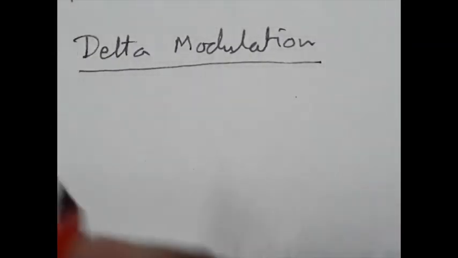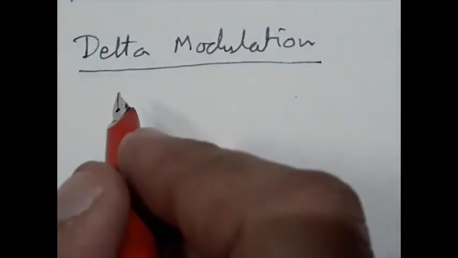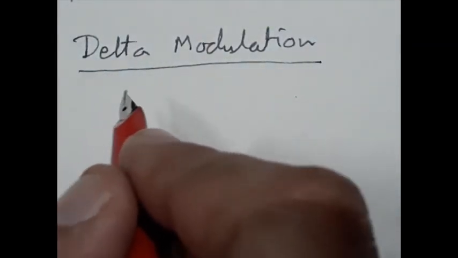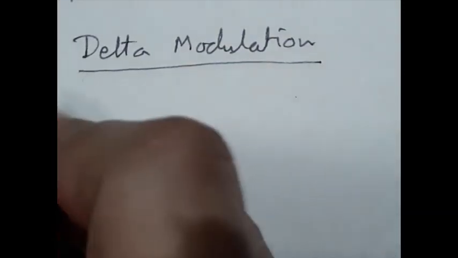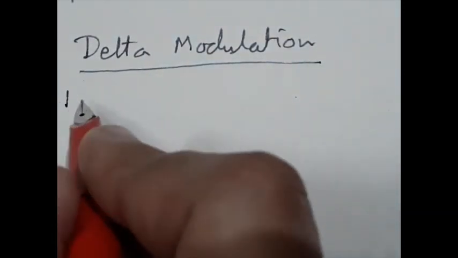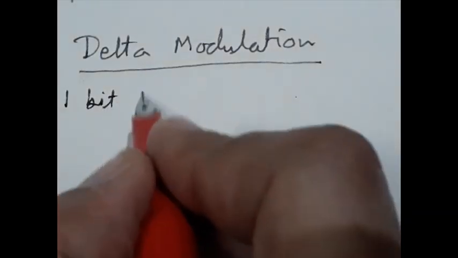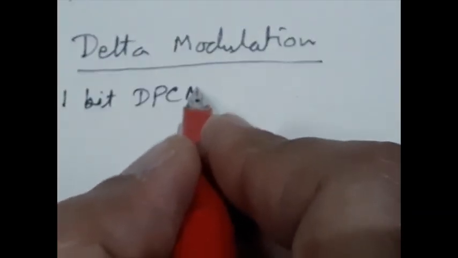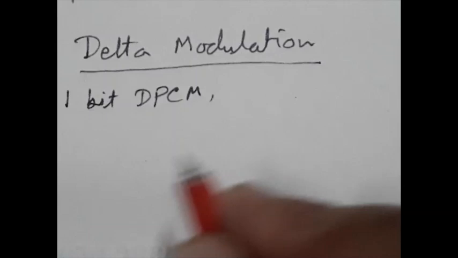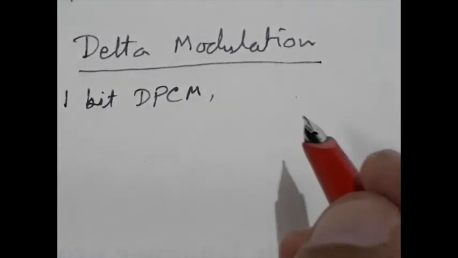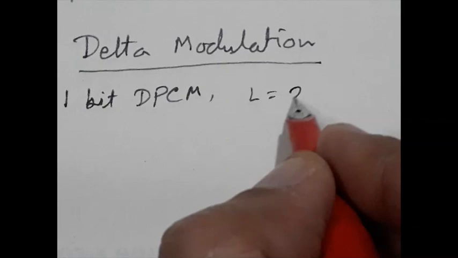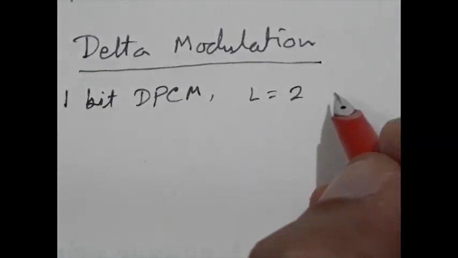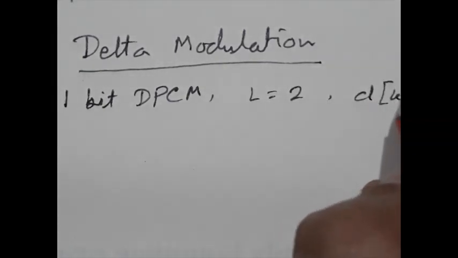After DPCM, we are going to discuss delta modulation. Delta modulation is just like DPCM, but it is 1-bit DPCM. That means it is a DPCM that uses only two levels. That means L equal to 2 for quantization of the difference signal D,